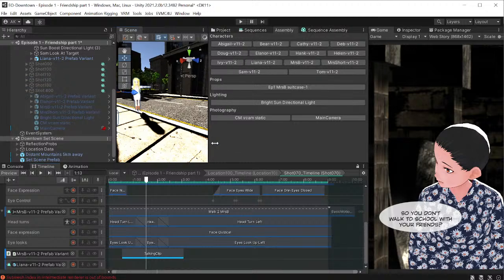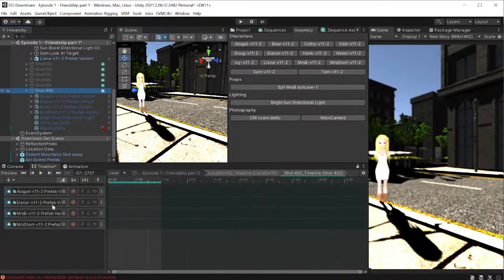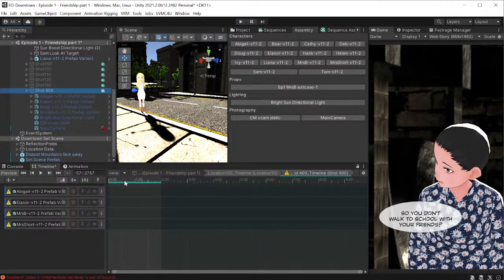I probably butchered the Unity standard way of using it, but I just wanted to describe how I've put it together, leveraging what they've got, but instead of having another level of nesting where all the animation clips are recorded per character, I just drop the characters directly underneath the sequence, and then I add